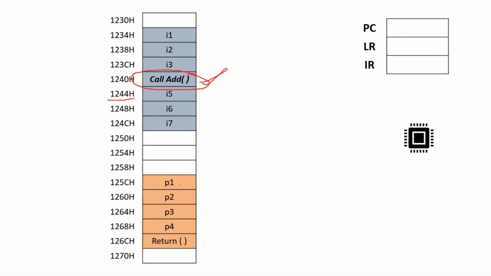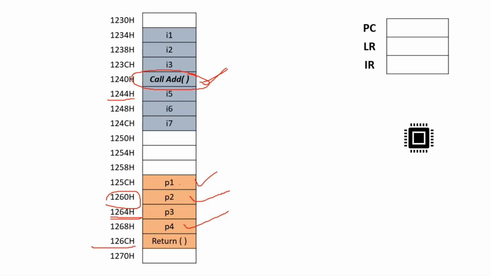So it is again the straight line sequence. P1 is executed, PC will be pointing to 1260, then P2 is loaded for execution and PC is pointed to 1264H. Similarly, when P4 is loaded for execution, PC will be pointing to 126CH.